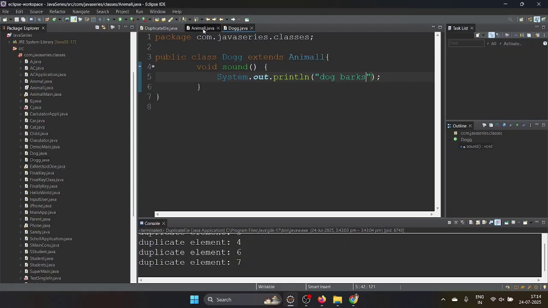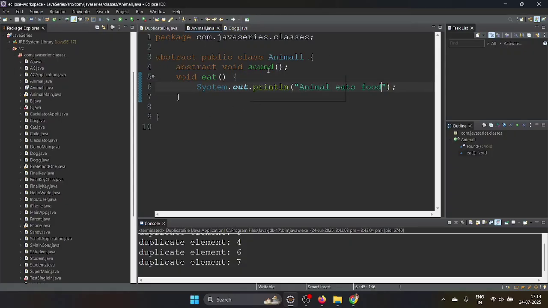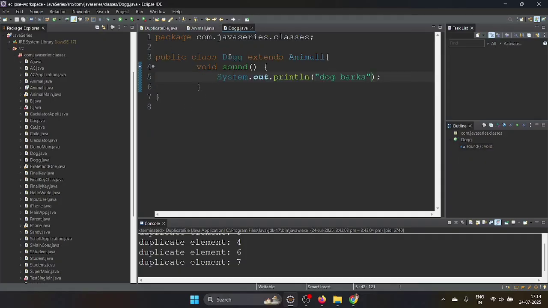See here, we created one class and we are putting here one abstract method. So we are having an abstract method, and that's why we are making the class abstract. Then we are writing one method here, and then here we created one more class called Dog. It is extending the Animal class, which is the abstract class. So that's why we need to override the abstract method present in that class. Here it is having a sound abstract method, so we are overriding this one here.